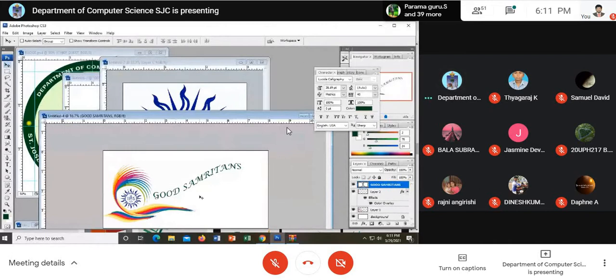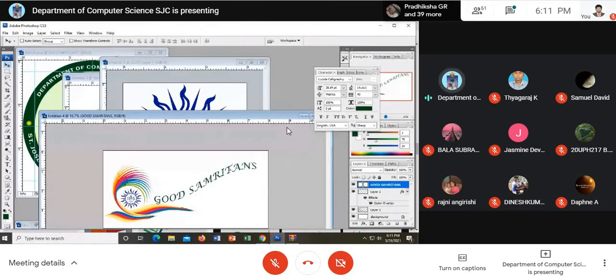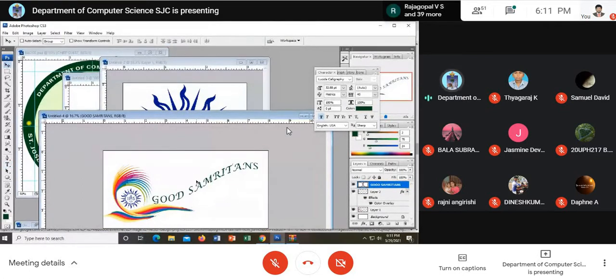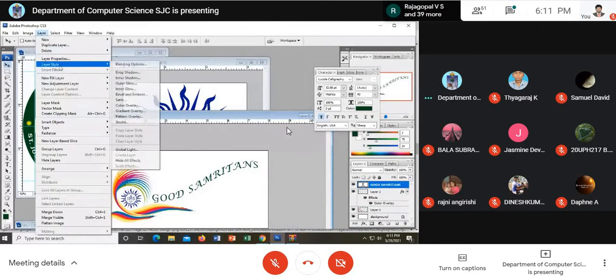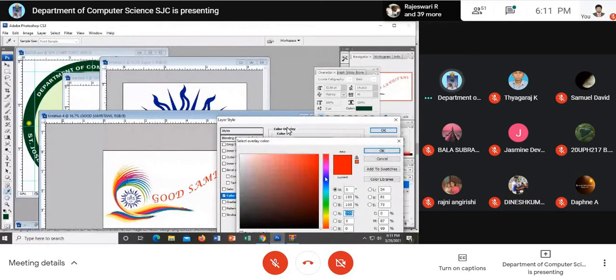Am I clear? I can increase it a bit. I can make it bolder. It should be bold so that it looks good in the print. I would like to change the color, or you can even go for gradient overlay, or you can go for color.